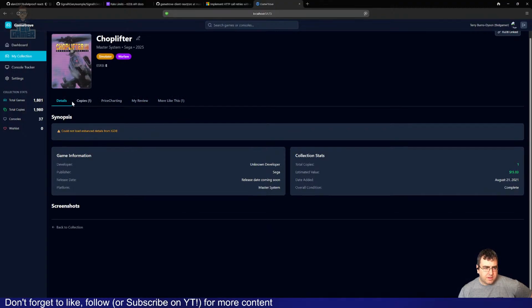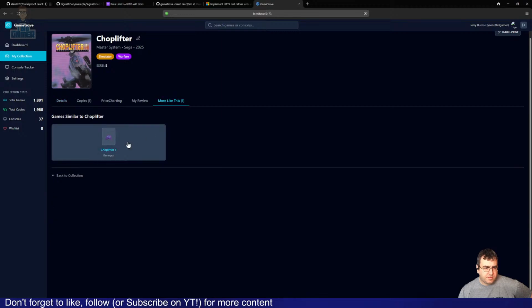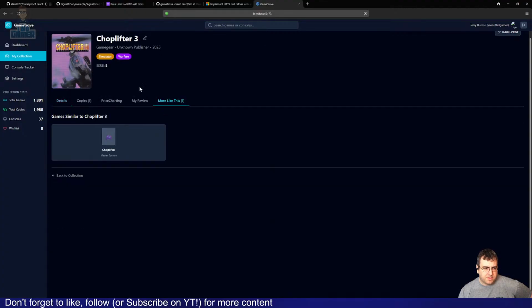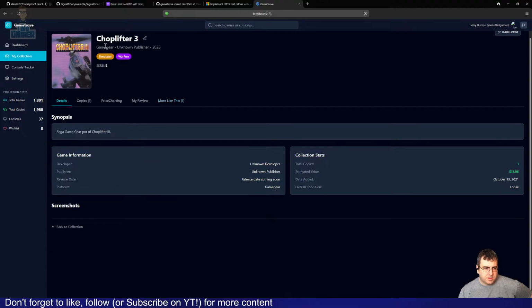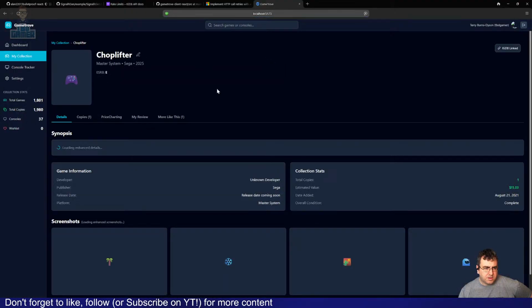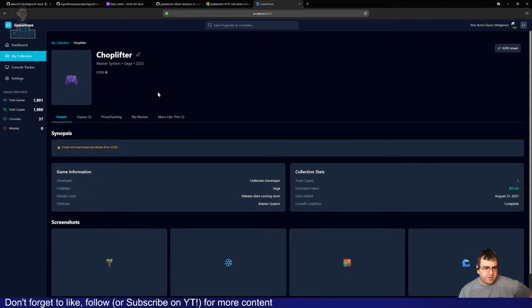Choplifter 3 for the Master System. Is it Choplifter 3 or Choplifter? Oh no, now I have doubts. Choplifter on the Master System. Cannot load enhanced details. Yeah, I think React's got itself all confused on this one.